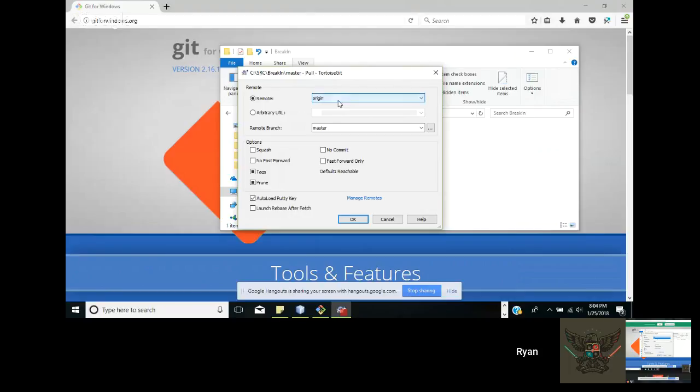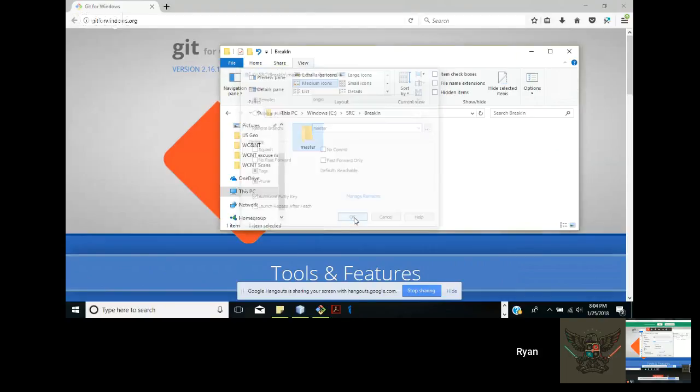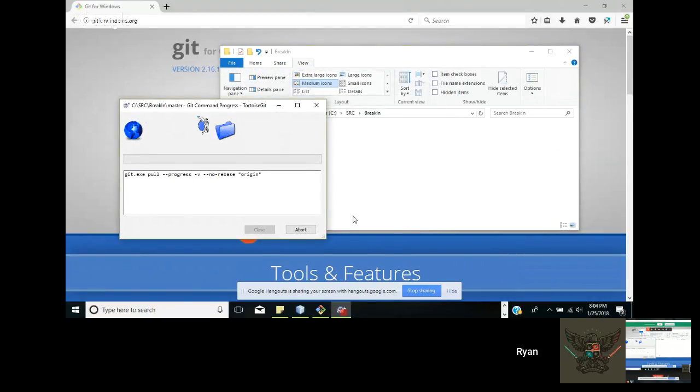Okay, so go ahead and select the origin remote. Oh, here we go. Remote branches master, that's correct. Okay, all you should have to do is just say okay. And you'll see the progress of the pull, and it probably will show that you're getting files. It worked for me. You did try that? I did it. It worked.